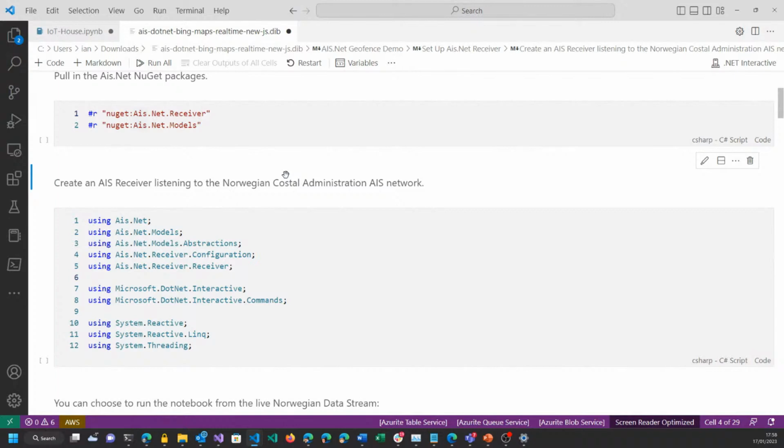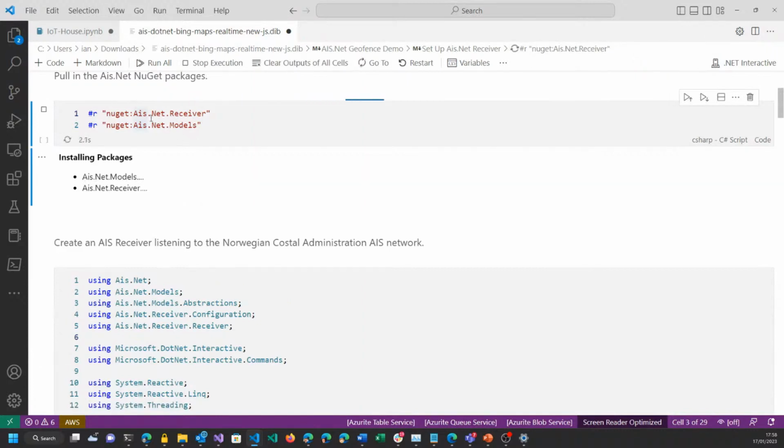So there's a system called AIS, which is the Automatic Identification System, which is the system that pretty much all ocean-going boats are required to use. So if they've got GPS transmitters on them, the thing they're actually broadcasting to tell you their location is AIS messages, the Automatic Identification System.